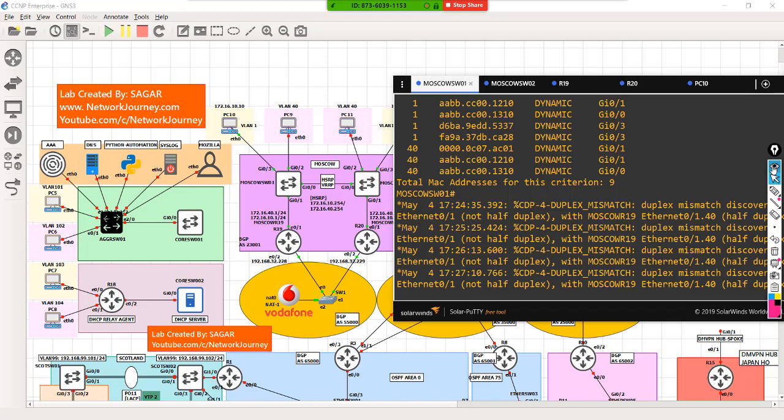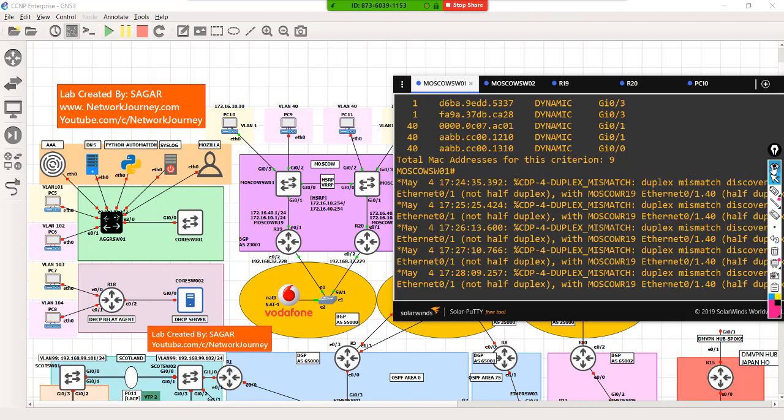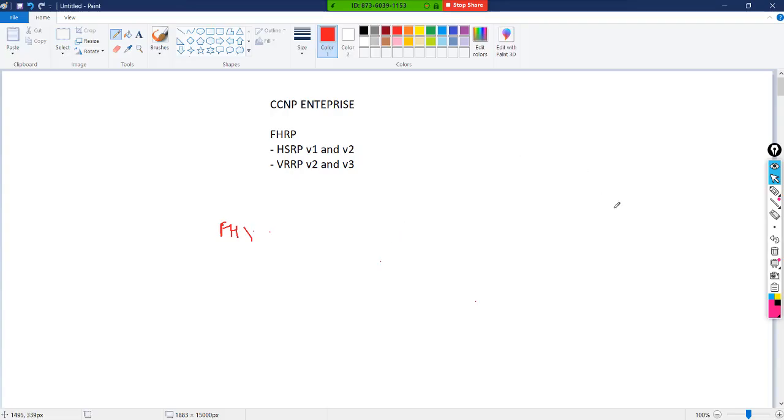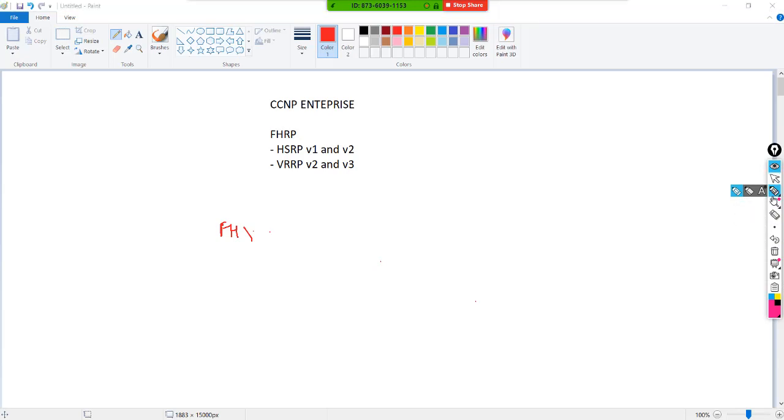Let me first write down some key points of version 2. Why must someone go with version 2? The first point is with regard to the timers.